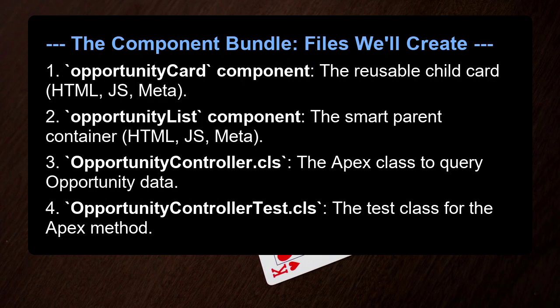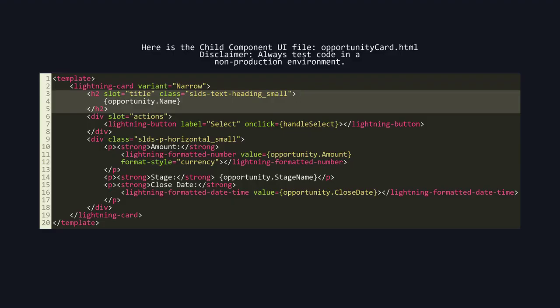The component bundle. Files we will create. 1. Opportunity card component, the reusable child card, HTML, JS, meta. 2. Opportunity list component, the smart parent container, HTML, JS, meta. 3. OpportunityController.cls, the Apex class to query opportunity data. 4. OpportunityControllerTest.cls, the test class for the Apex method. Here is the child component UI file,